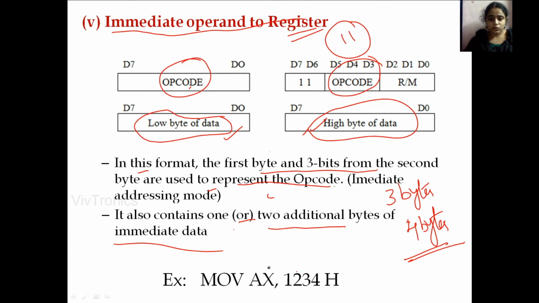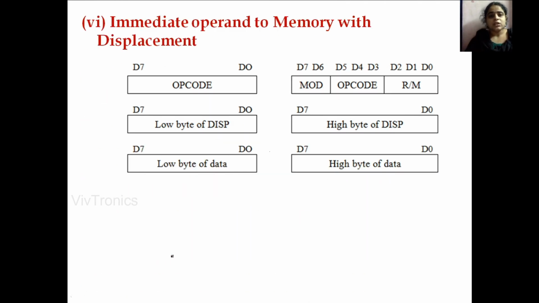For MOV AX, 1234, this is the opcode that is stored, and this is 1 1 r/, and this field will specify our AX register. For 1234, the lower byte of data, 34, will go here and 12 will go here. Okay, this is the immediate operand to register instruction format. The next one is immediate operand to memory